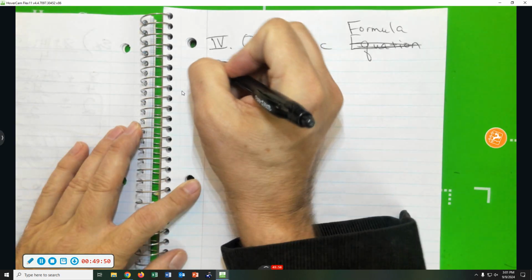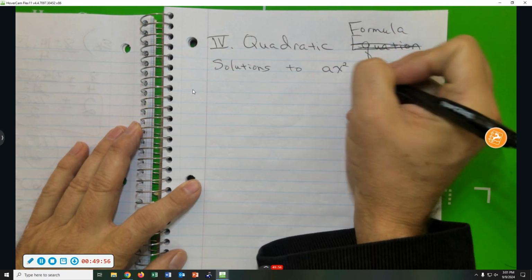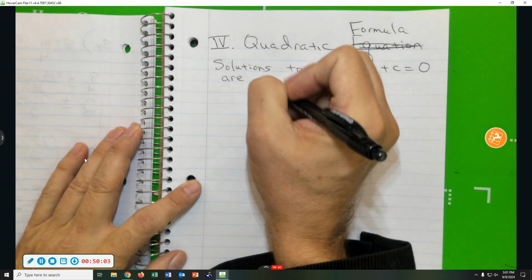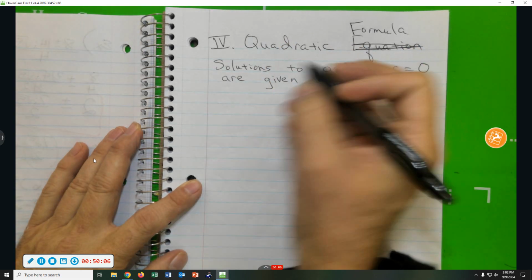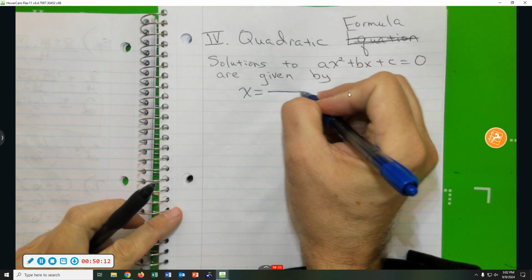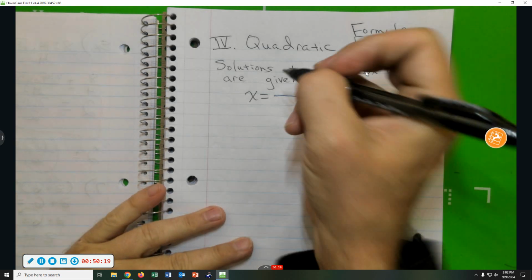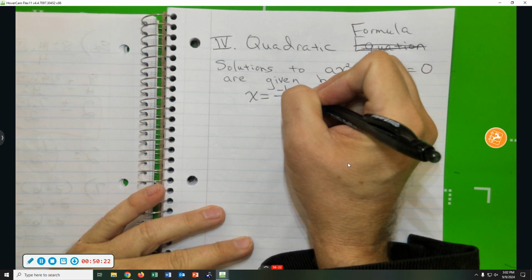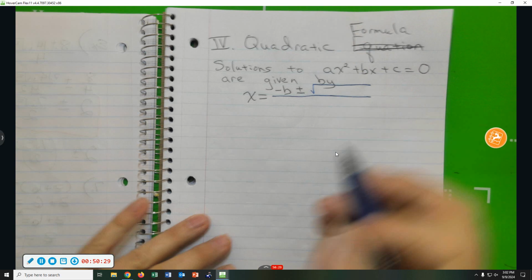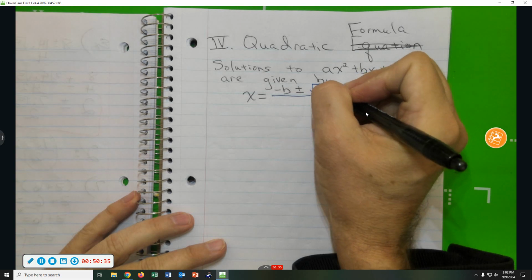I'll say solutions to ax squared plus bx plus c equals 0 are given by x equals, it's a fraction, you change the sign on the b term, negative b plus or minus, we have the square root, underneath that square root, it's b squared minus